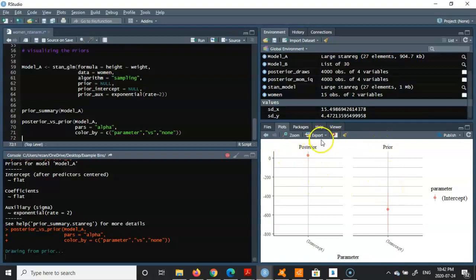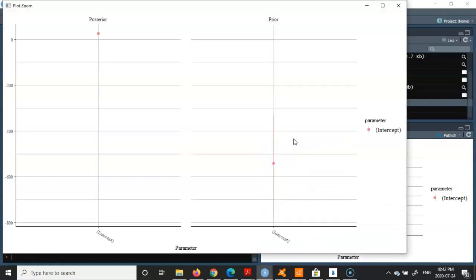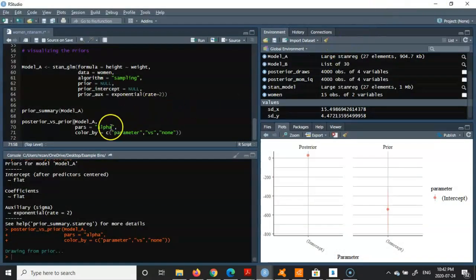Let's see, it seems that the model is still running. Let's give it a couple of seconds because we just put the null. It takes some more time to execute. Okay, now it seems that it's ready. And now you will see that you have a huge uncertainty and still you have around 15 for the posterior. And now let's go back to change it to the beta